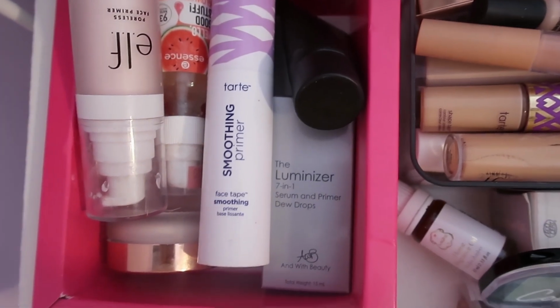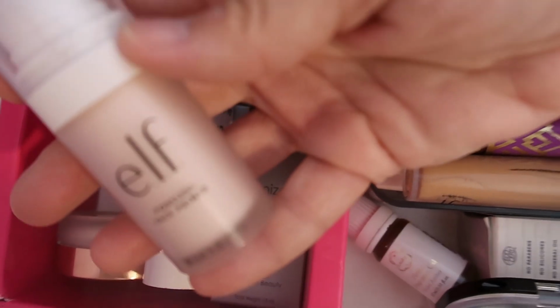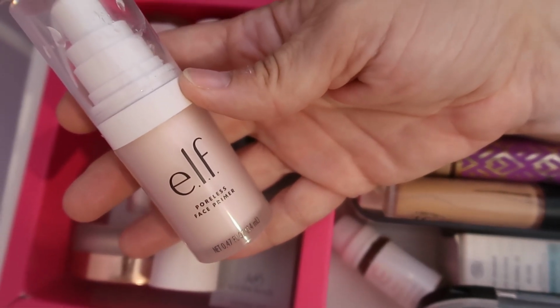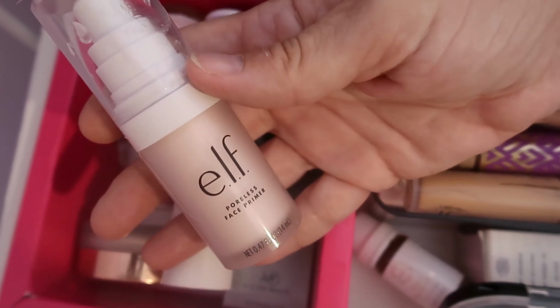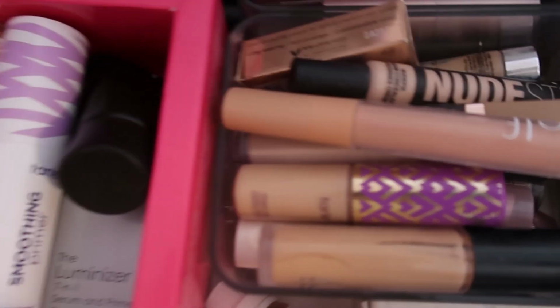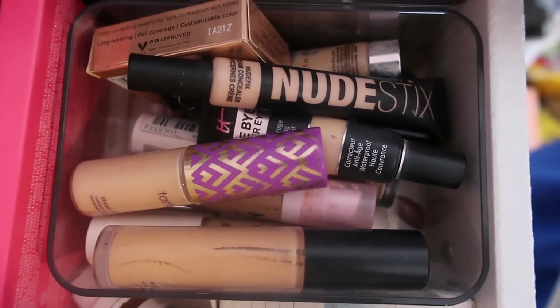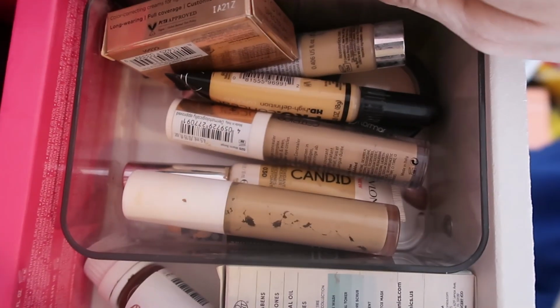Okay. Let's go with an oldie but a goodie from e.l.f. This is the Poreless Face Primer. Love it. I have it, I don't know how long, but a long time. So we are priming, and concealer, I have so many, as you can see,